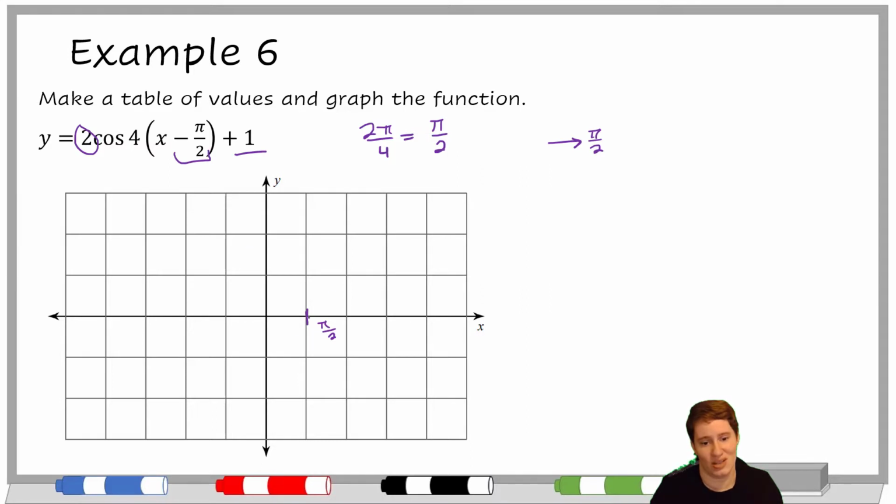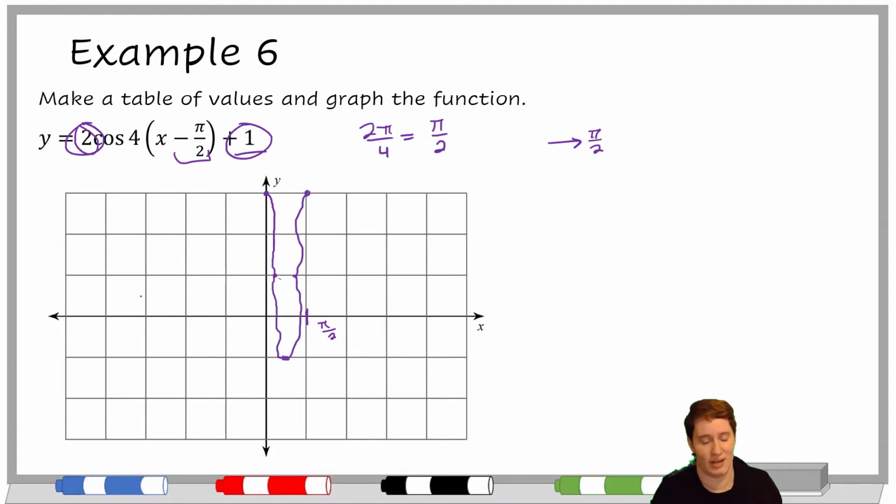So if I want to do it with pi over 2 here, I'm going to start my cosine at its top amplitude, which is 2 plus 1, which is 3. And then it's supposed to be back at its top amplitude by pi over 2. So in the middle here, it's going to be down 2 from 1. So it's going to go down to here, and then it's going to be here and here. It's very difficult to make this look good on the computer, or probably even on your paper. So